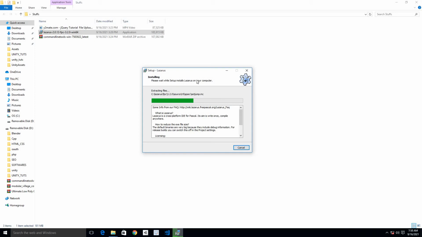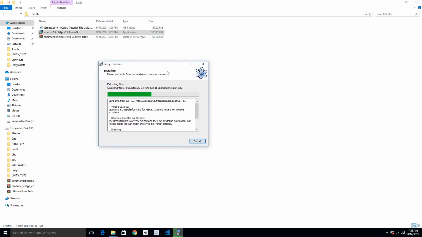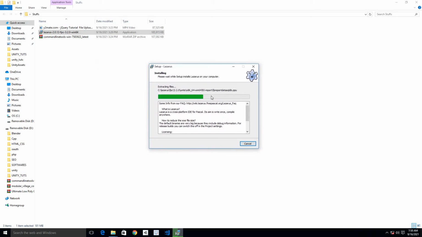Let's wait, be patient a little bit. Okay. Let's be patient. I don't know why it's taking so much time. But I hope you are following me. So just download the right IDE for your system or operating system. Just as I earlier said, if you are using a 32-bit operating system, you can check that by